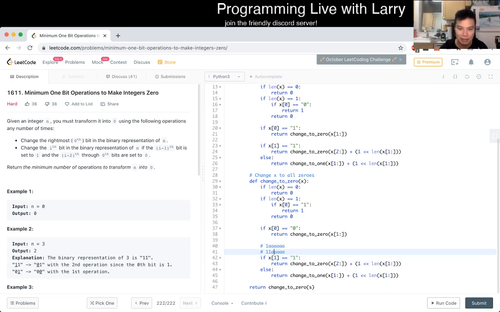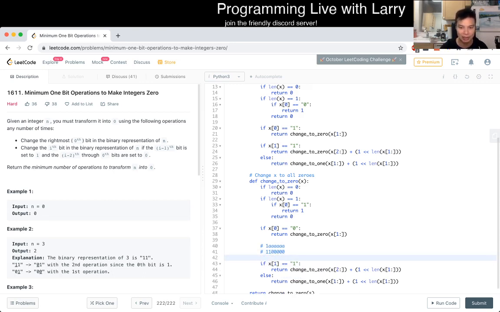Well, this means that to get rid of the first digit, so this is what we're saying: if we have a 1 in the first digit, we want to get rid of it. How do we get rid of the first digit? We can only get rid of it if there are 2 cases. One is if the second character is 1, then we have to convert all these to zeros, right? We have to convert these to zeros, and that's what this recurrence does. It changes 0 to 0 or the suffix, and then